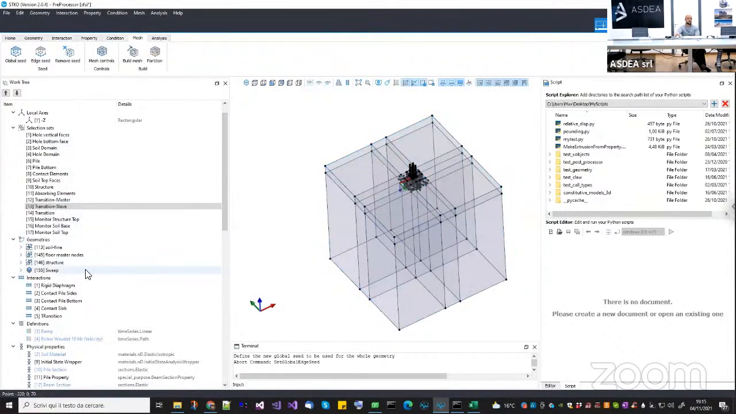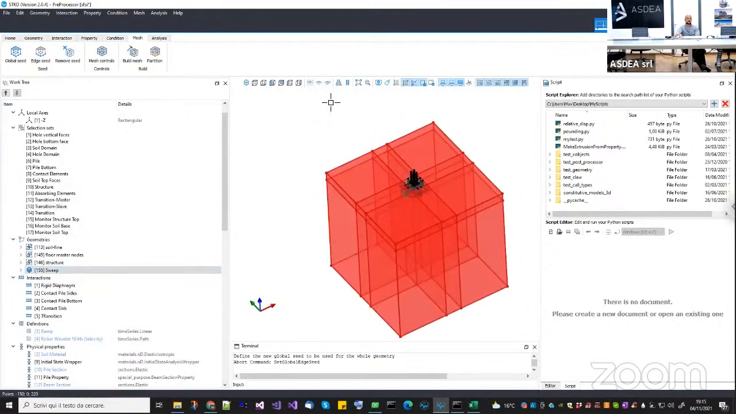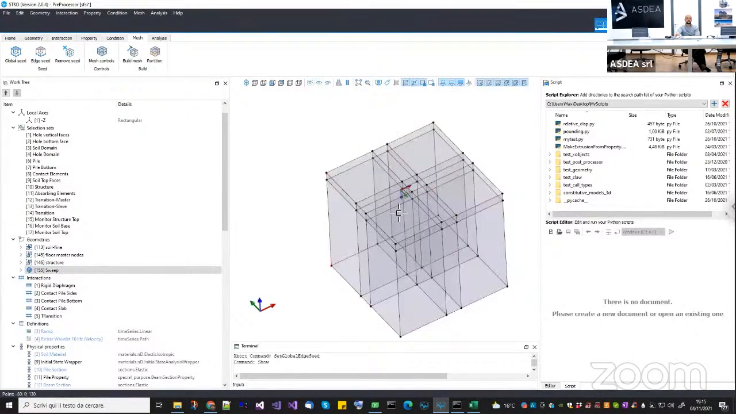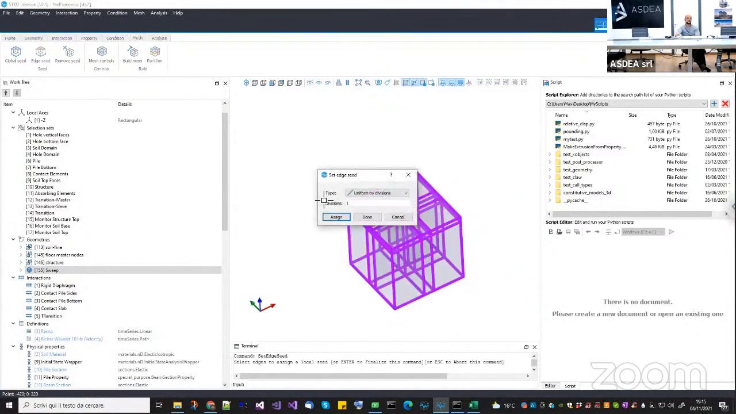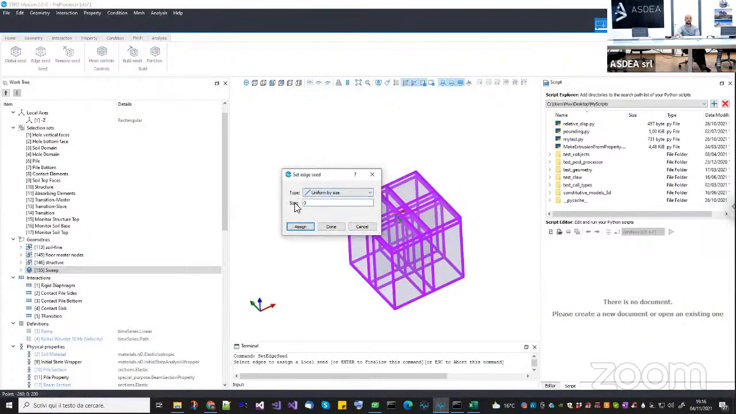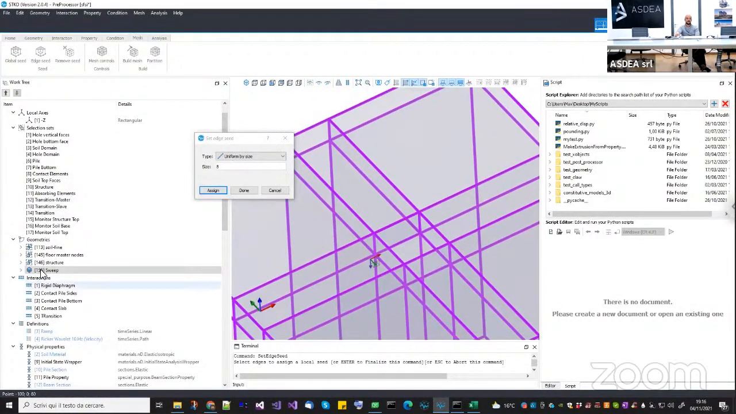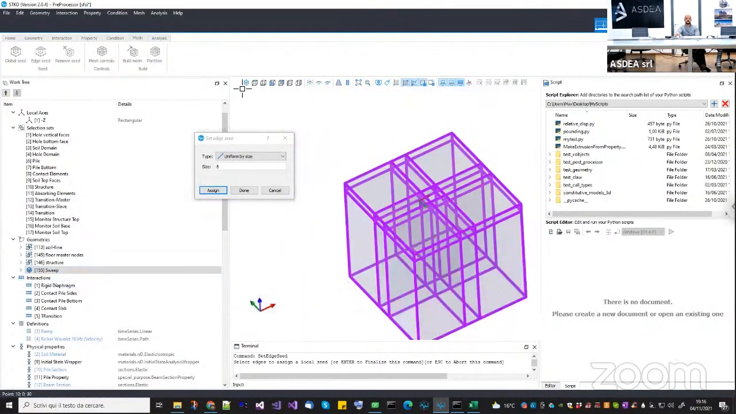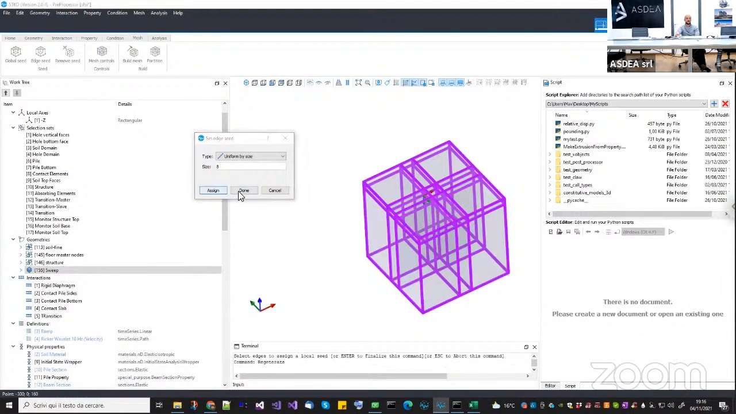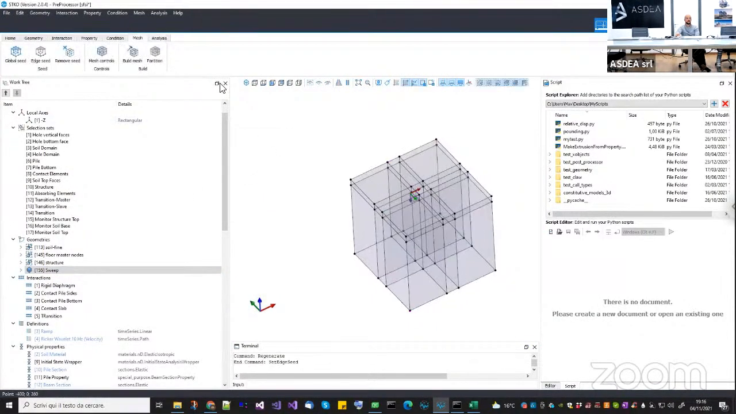I just need to select the sweep here. Select and show only in such a way that now I can create an edge seed uniform by size equal to 7 or 8 is the same to my entire domain. That's why I hide the structure in such a way that now it's easier to select all the edges. Assign done. Okay, now if I show everything and I build my mesh,